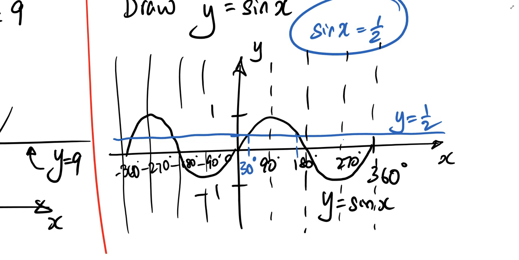The next part of the lesson, 8.8, will teach you how to do it systematically to find all the answers that are required in a given range. Because the question cannot tell you to solve for all the x. It will tell you, solve from 0 to 360 degrees, what are the answers? Solve from negative 360 to 360, what are the answers? And we won't be so bad to make you solve